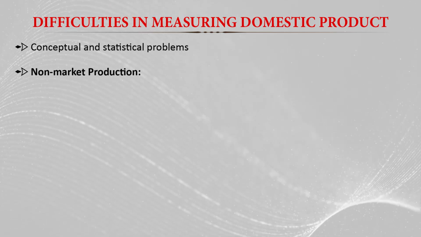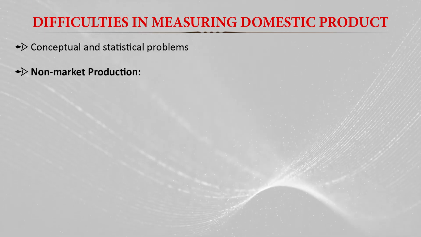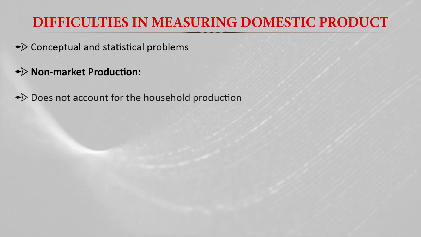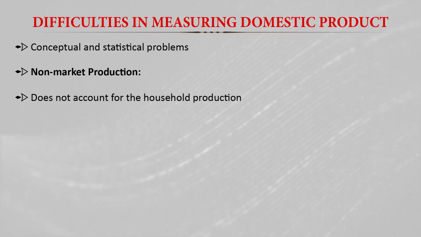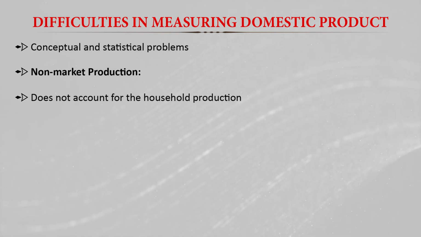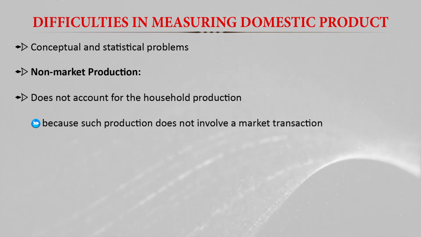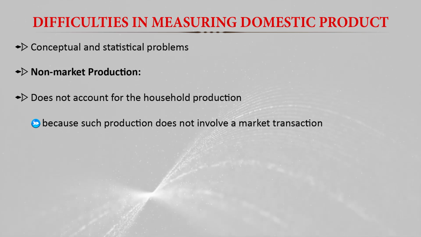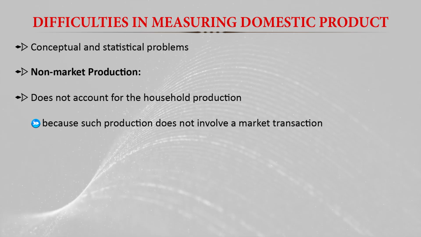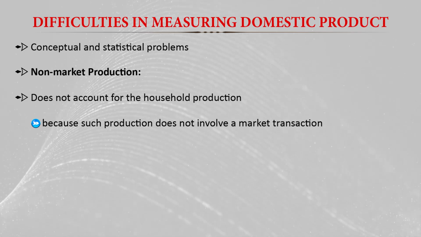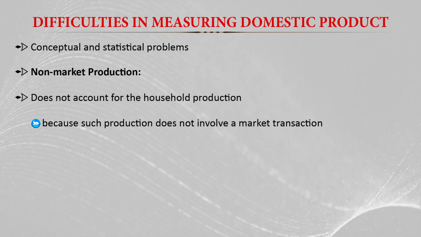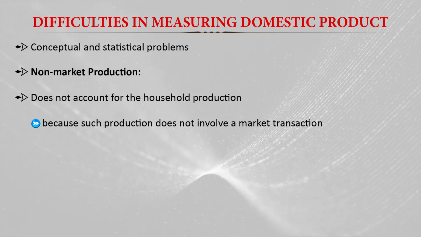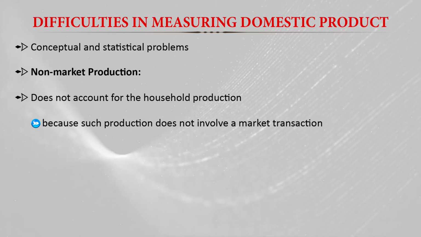And non-market production is one of the major problems in a country like India. There are various kinds of production, particularly at the household level, which are not accounted for in the production process because they do not involve market transactions. The work done by a household lady, which does not involve any market practice or market intervention, is not there. So the output from that household lady is not included in the